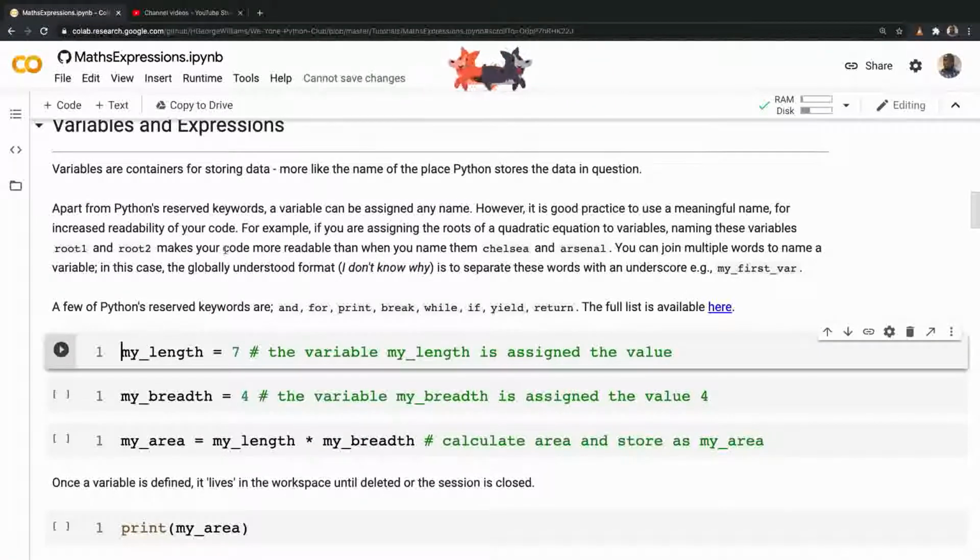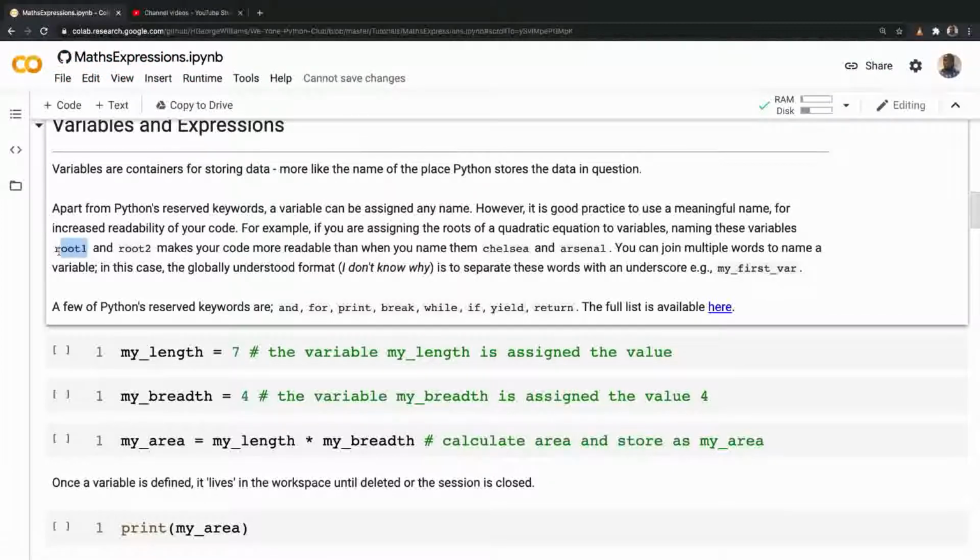Okay, so for example, if you were writing code to find the roots of a quadratic equation, a quadratic equation has 2 roots, basically. It's easily understood if you name the roots root 1 and root 2. Someone reads it and knows, oh, these are the roots. But if you were to name them Chelsea and Arsenal, then you would need to explain,